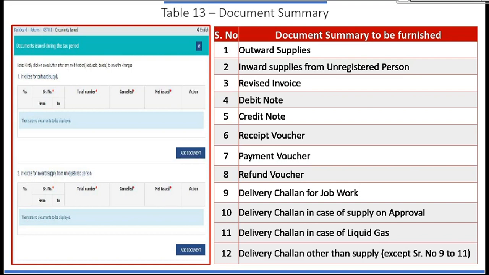So these details are to be reported for outward supply, inward supply received from unregistered person, self invoice, RCM, revised invoice, debit note, credit note, receipt voucher, payment voucher, refund voucher, delivery challan for job work, delivery challan for supply on approval, liquid gas and delivery challan for other than supply.